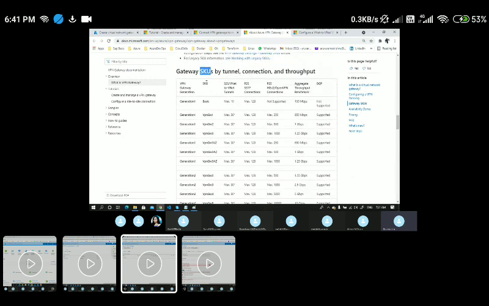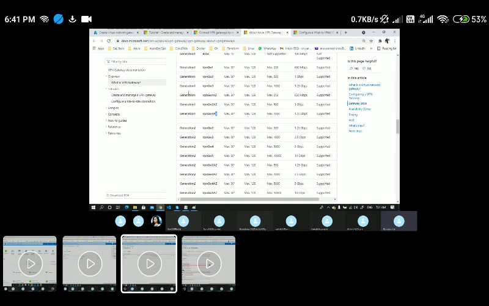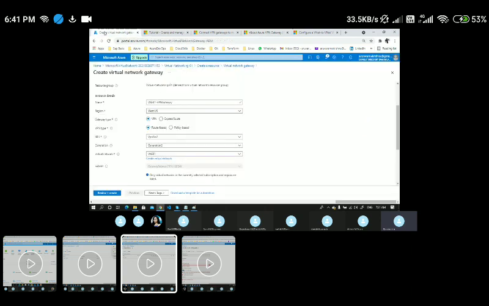Based on these SKUs, here you could see Basic, Gateway 1, Gateway 2, Gateway 3, and when you see AZ, that gateway will have availability zones. Likewise, you can see Generation 1 and Generation 2. This is Generation 2, and for Generation 1 I have only this many SKU types.